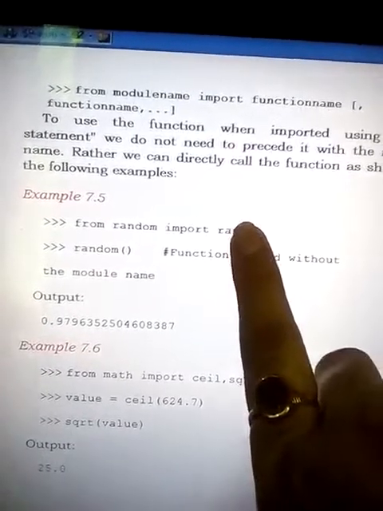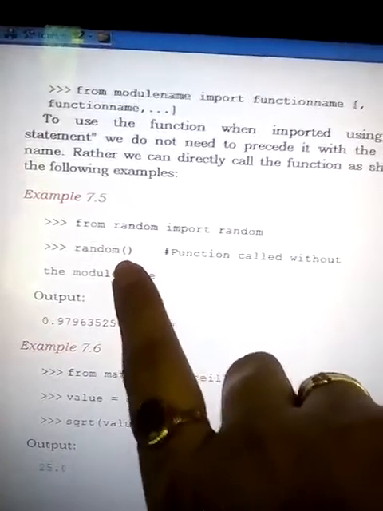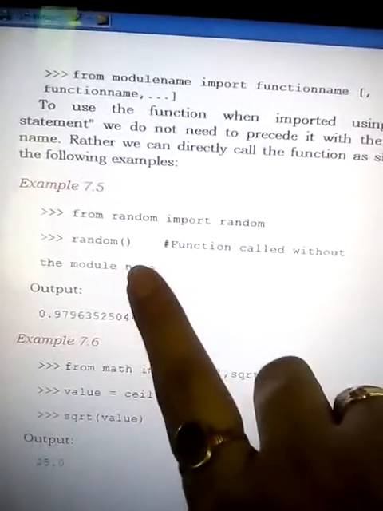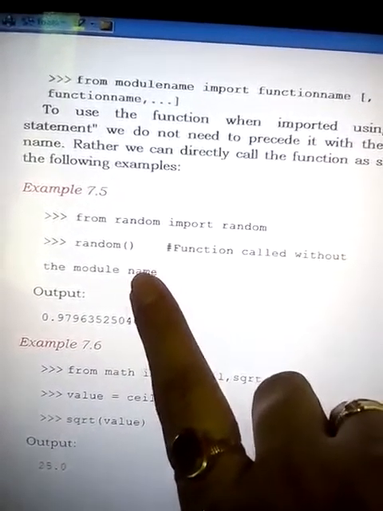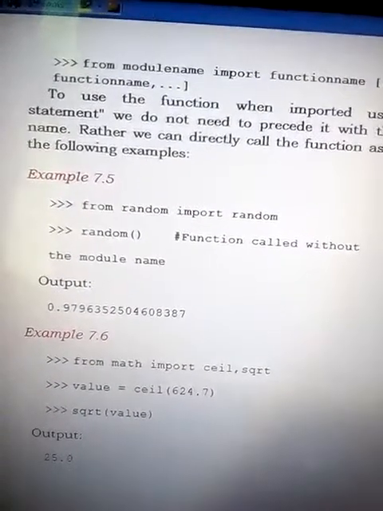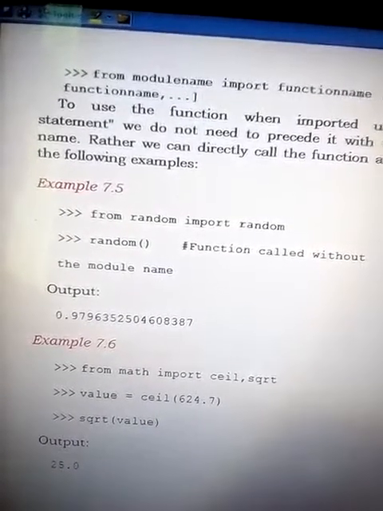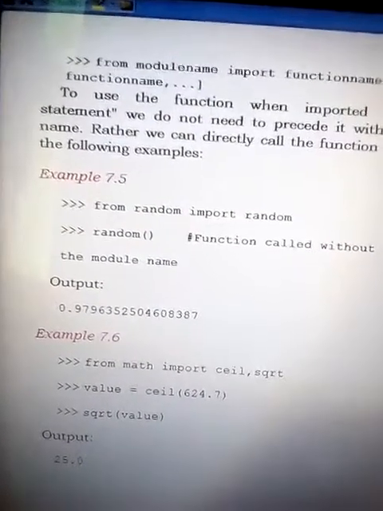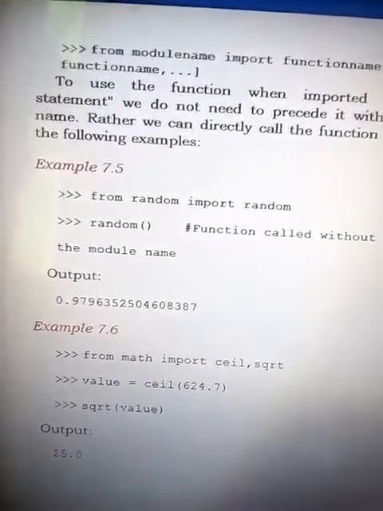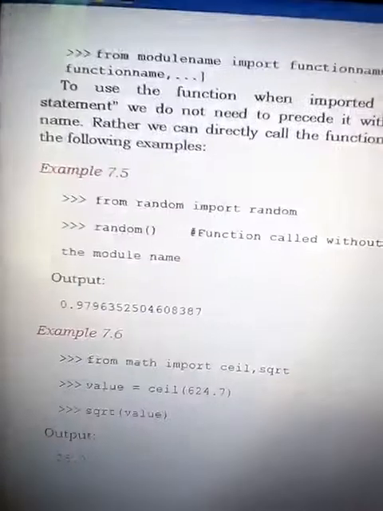Here we are writing only the random function. It will give you a result from 0 to 1.0, that means any random number from 0 to 1.0. That is the default, so its output must lie from 0 to 1.0.